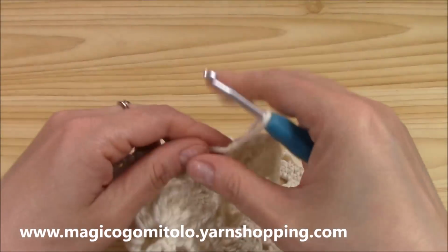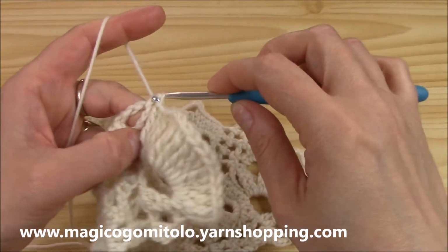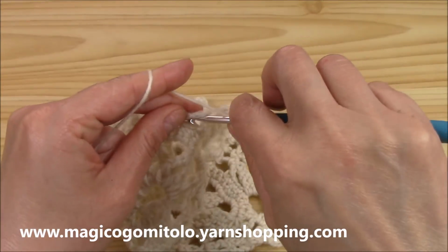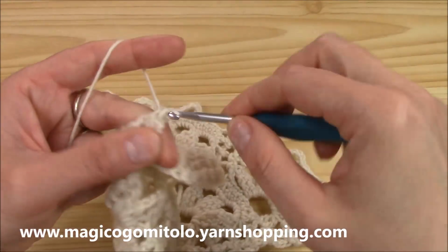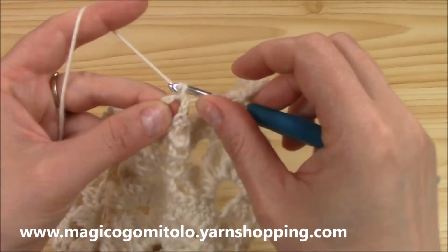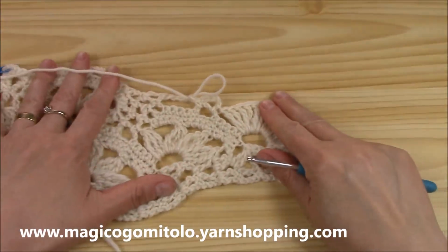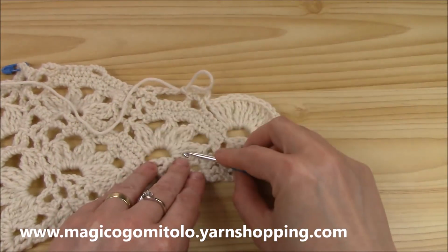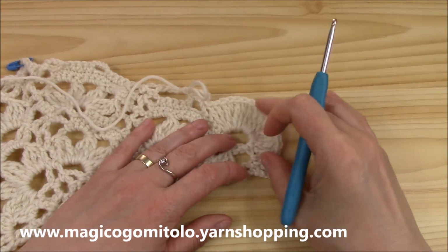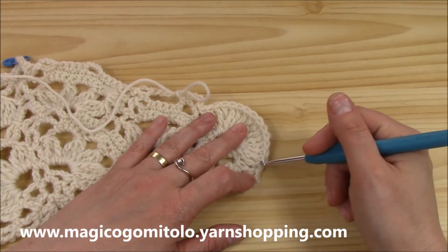So this is the fan instead of the cluster, and I just go into the chain 5 space, next chain 5 space, and single crochet, chain 5, single crochet into it, and then I will skip into the next and I will work my fans. Okay, so nothing changes but the shape, so it's not this but it's this, and over, so into the next 3 single crochet rows we will work 5 single crochet rows,